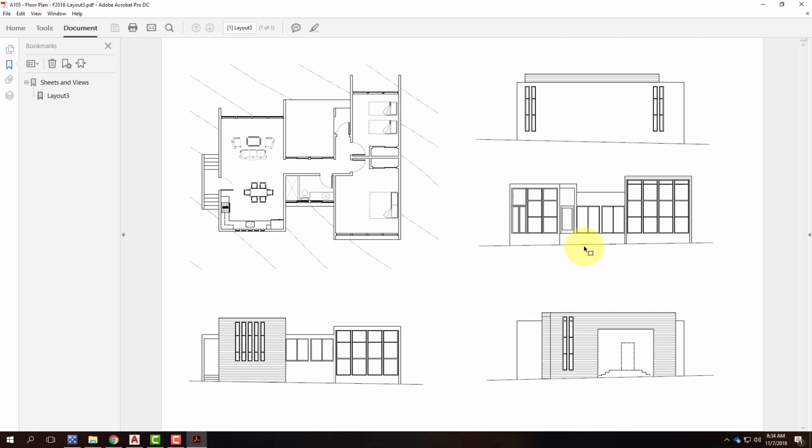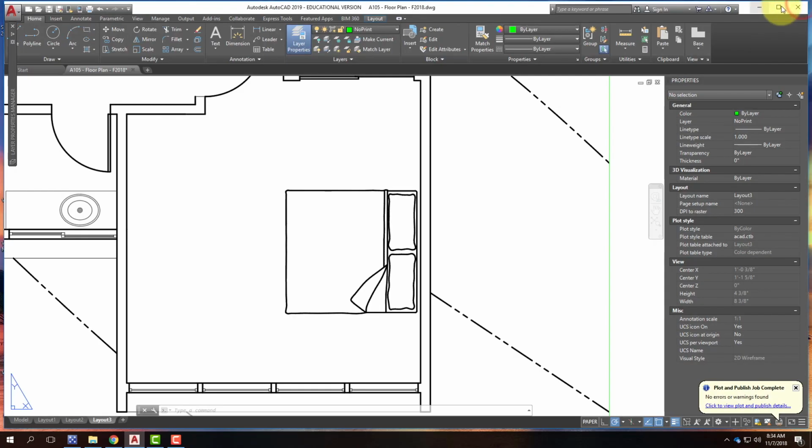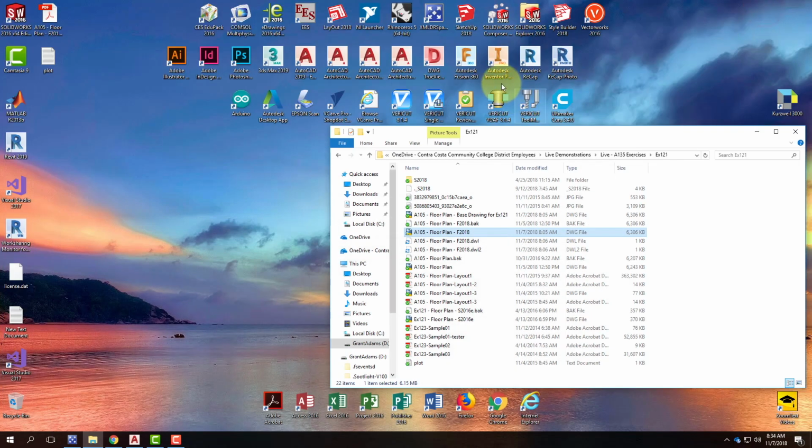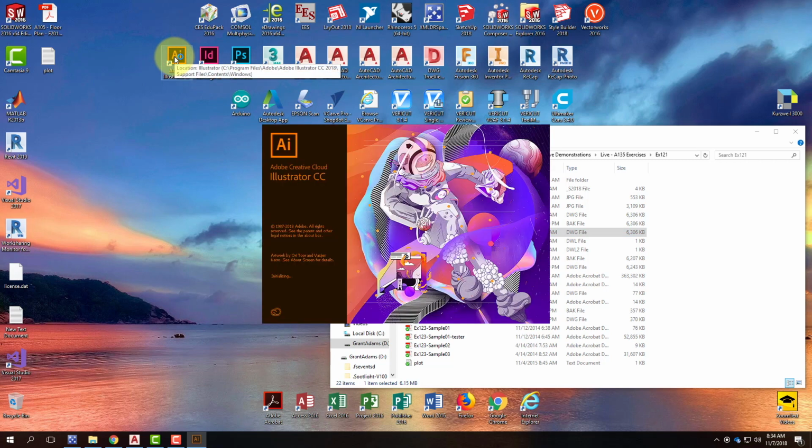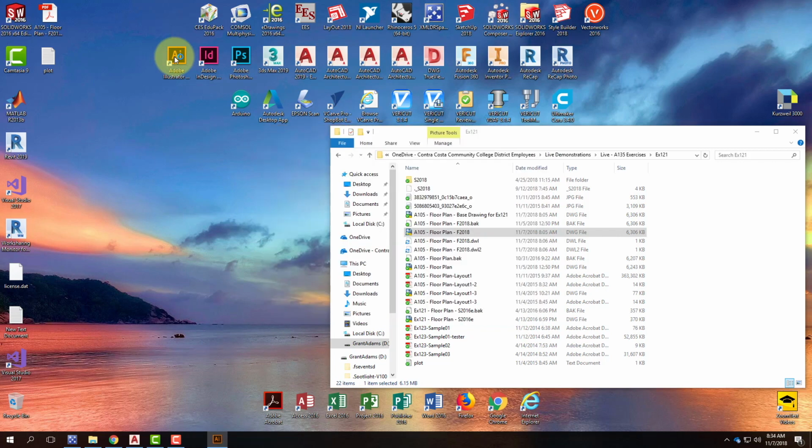But when we go to print, or when we go to post this on the course website, we do need a JPEG still to show this. This is currently a PDF, which is what you will normally be creating. But since we have it as a PDF, if we go ahead and open Adobe Illustrator, Illustrator can natively read PDFs, especially AutoCAD PDFs. So if I open up Illustrator, once it's open,